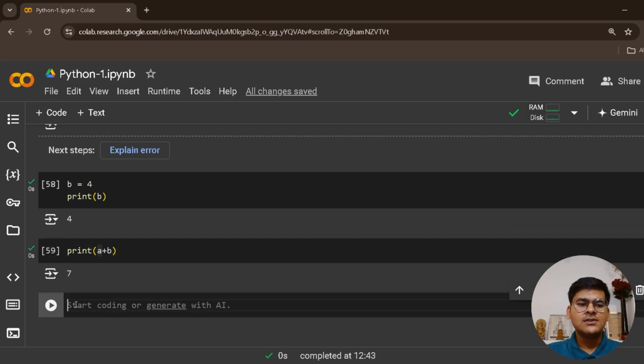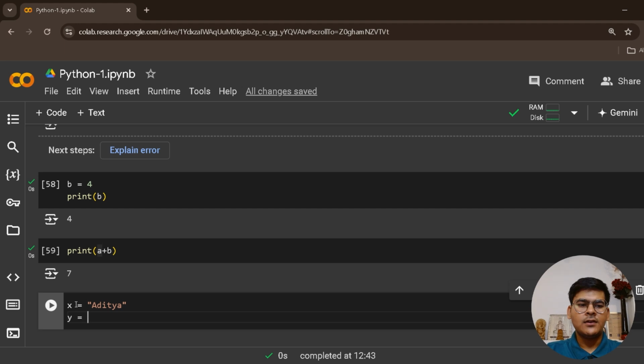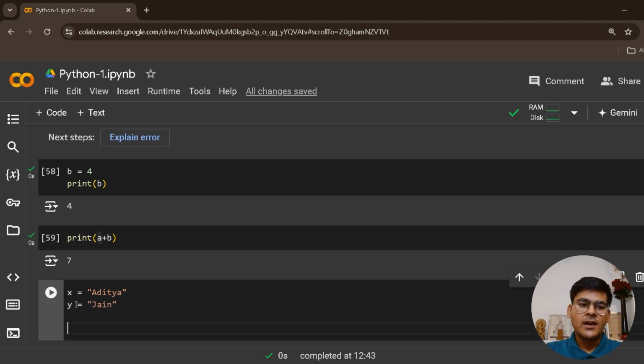Similarly, you can do this with text. You can do exactly the same thing with text. For example, let's take a variable x, let's say Aditya, and y equals to Jain, and if I now say print x comma y,